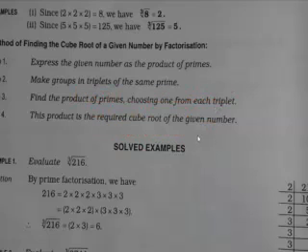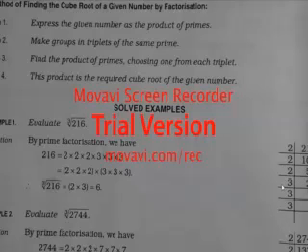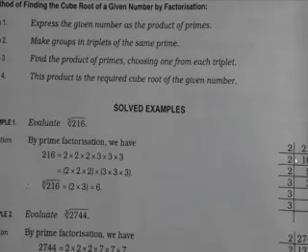If you will see example also, it has been given like 216 is there. So 216 is at first prime factorized. You can see it has been divided by 2 and it becomes 108, and again it is divided by 2 and it becomes 54, and again it is divided by 2 and it becomes 27, and again it is divided by 3, then it becomes 9, and again it is divided by 3, then it becomes 3. So if you will watch over here, what will happen? Here the triplets of 2 and triplets of 3 is formed. You can see over here it has been written by prime factorization.